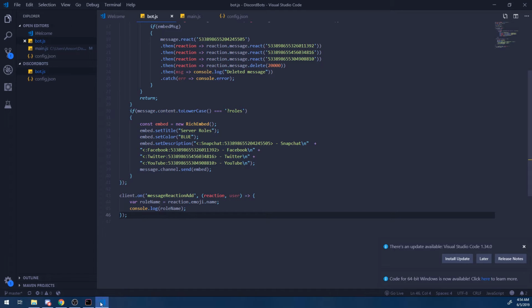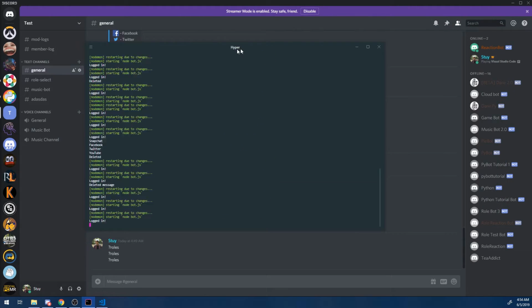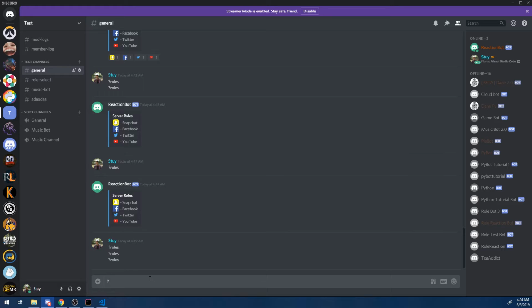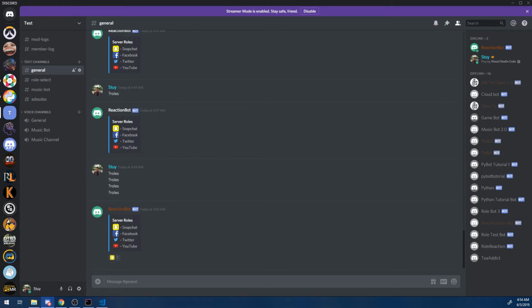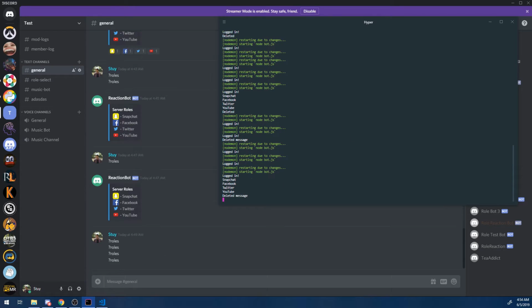So you're going to notice right over here, let me bring in my console. Let's do question mark roles, and you're going to see it prints out all the role names. That is being printed out from the message reaction add event, because remember, we're reacting to the message, so it's going to emit the message reaction add event. Okay, and we're printing out the names of the emojis that we are reacting with. So it works. Okay, well, we haven't added the user yet to the role,